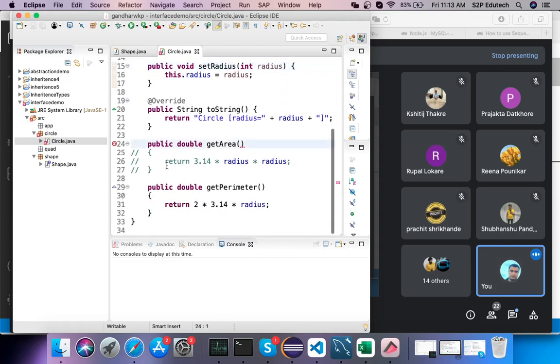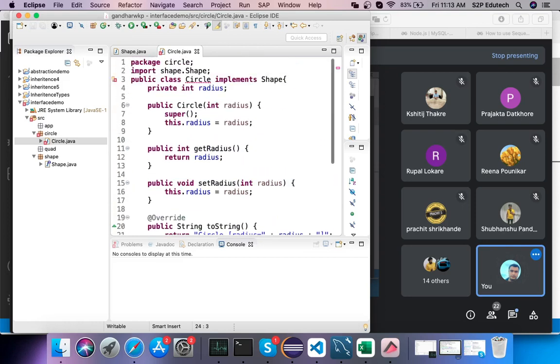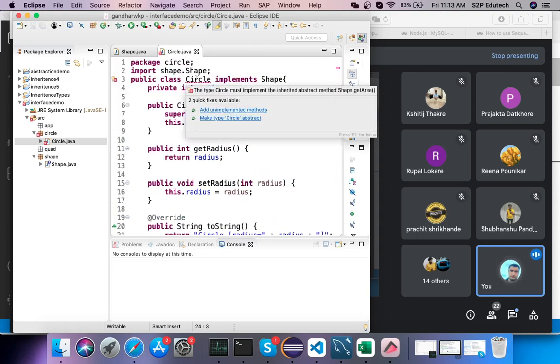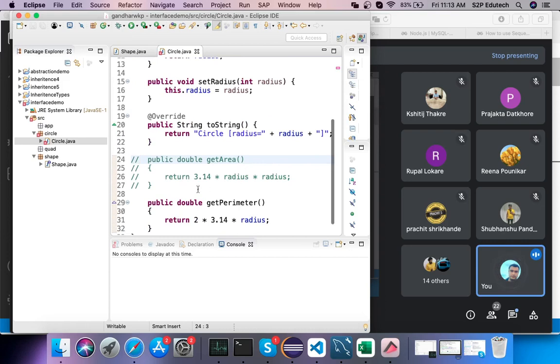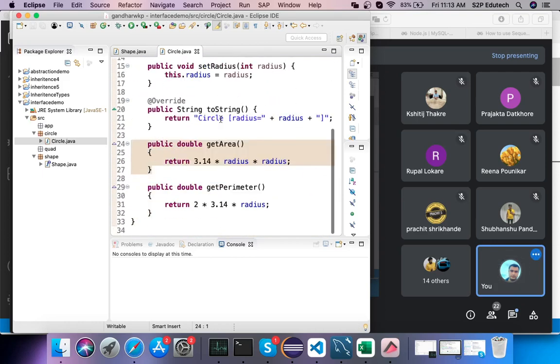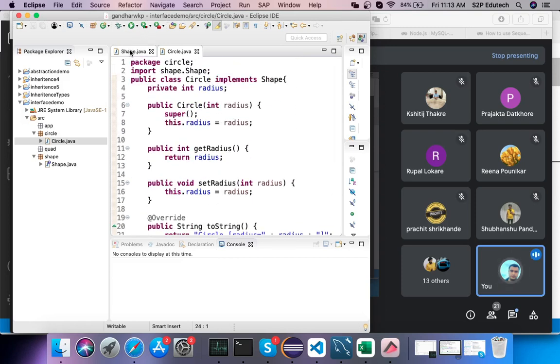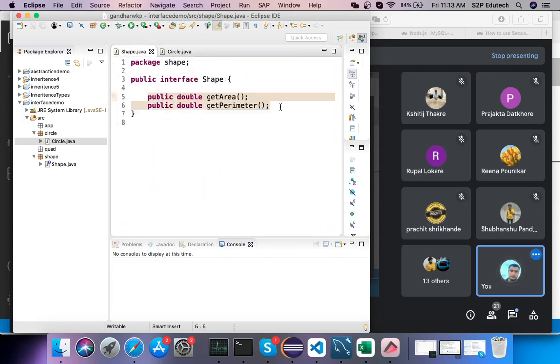Oh, because this thing is still there. Yes. Right, now it will give me an error, and it will say add unimplemented methods. तो जितने भी interface में functions हैं, by default you need to provide definitions for them. Same thing which we did in our abstract class, right? Nothing different. Abstract class और interface में एक basic difference ये है that abstract class can contain non-abstract functions, but your interface cannot contain non-abstract functions.